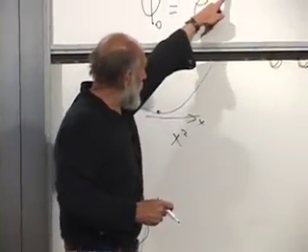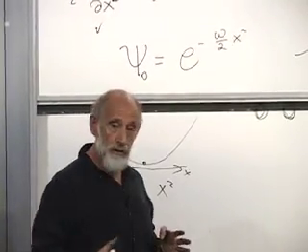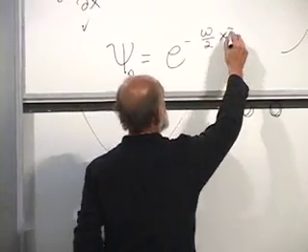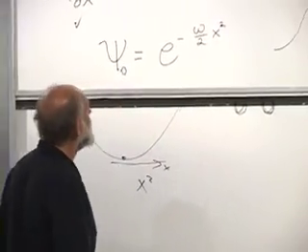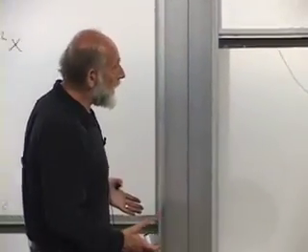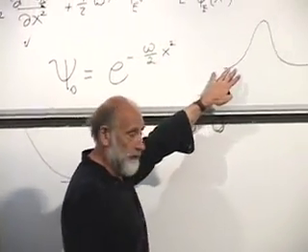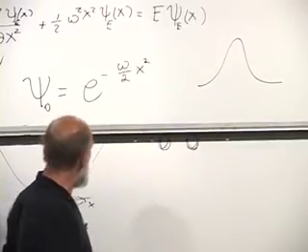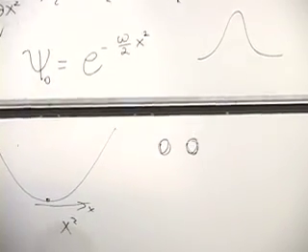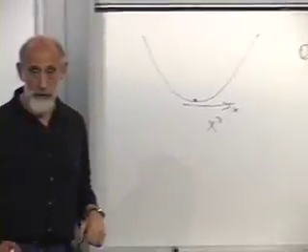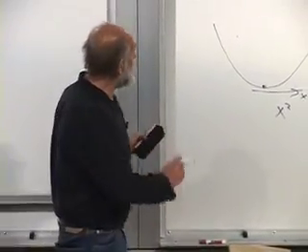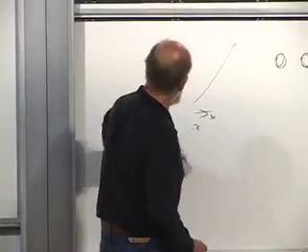So that's the character of this. The bigger omega, the less the spread of the wave function. But apart from its spread, it's just given by a bell-shaped curve, a Gaussian function of x. Gaussian means e to the minus x squared. All right, let's go to the next energy level. Let's see if we can find out what the next energy level looks like. It's actually easy. All we have to do